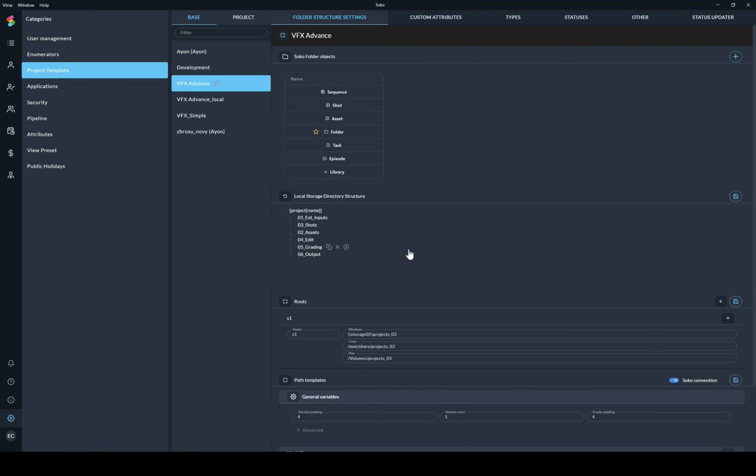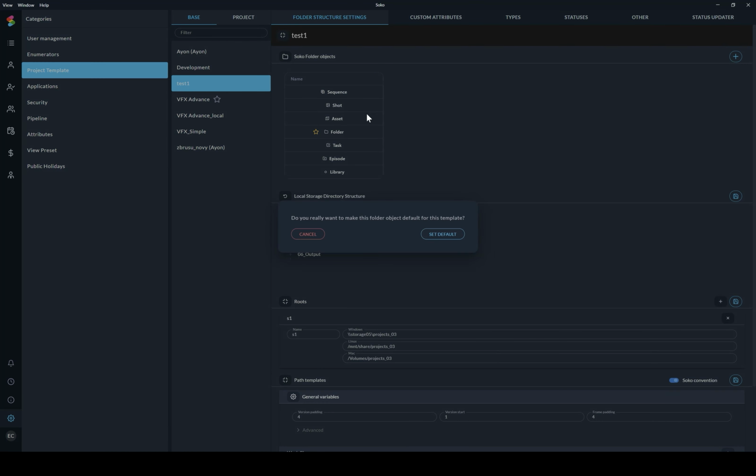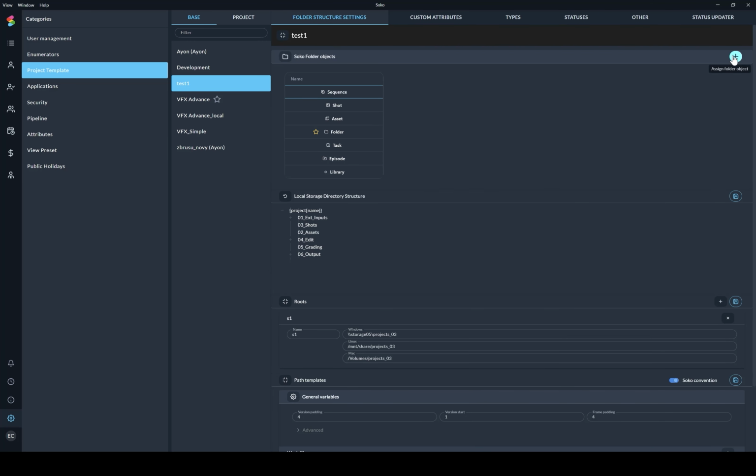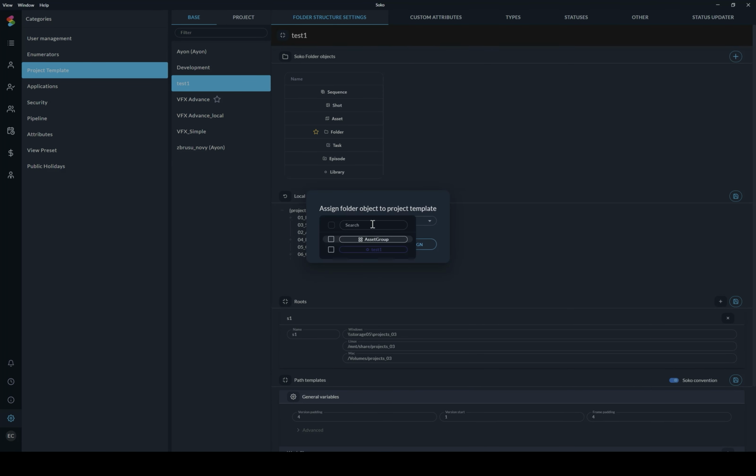Next, let's look at folder objects. These help you organize and structure your projects. You can create generic folders or define custom folder objects, like sequences, shots, or assets, to make filtering and managing specific folders easier. To add a folder object to your project template, click the plus icon next to the Soko